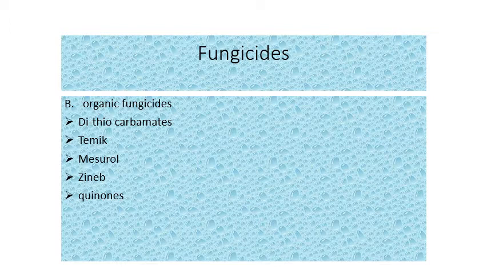They are derivatives of dithiocarbamic acid, which does not occur in a free state. It reacts with another molecule of dithiocarbamic acid or metal to form stable and fungitoxic compounds, which are known as dithiocarbamates or dithiocarbamate fungicides. The general formula of dithiocarbamates is the